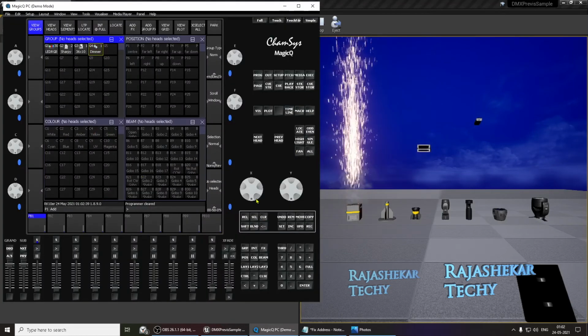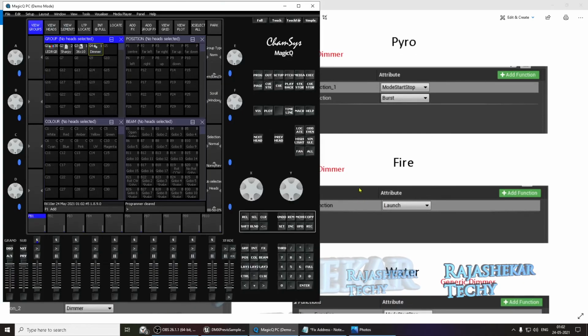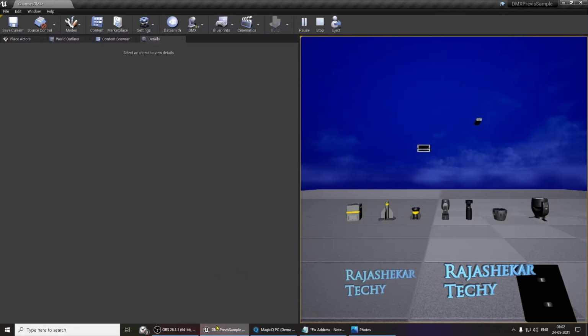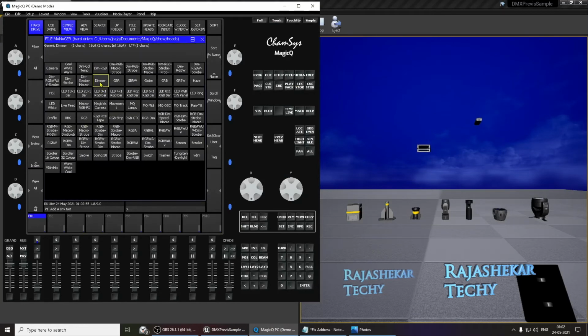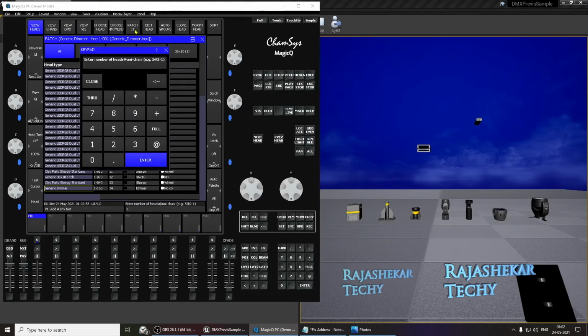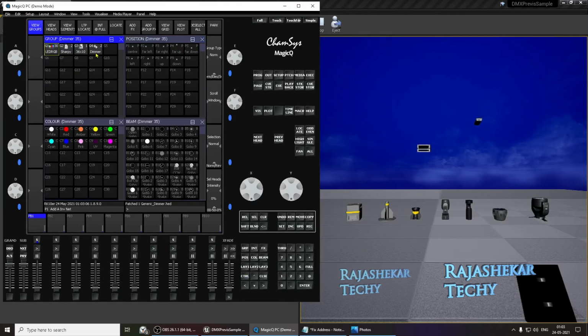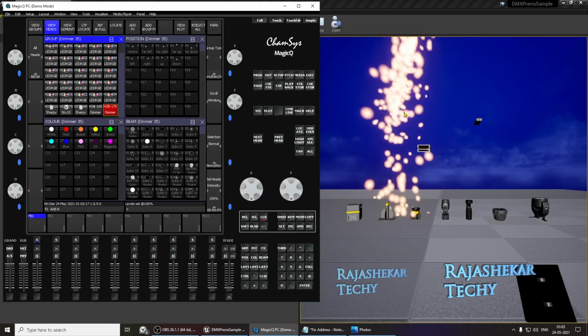Okay, now let's clear this out. And let's move on to the next one, which is fire. For fire also you can add generic dimmer. The fire's address position is 170. Let's go to chances, patch, choose head, generic, dimmer 1, patch it 1 at 170. That's your fire. Enter, and let's test it out. Now if you want to go to the specific dimmer, select the dimmer, view heads all the way down, the second one, and full. There you go, there's your fire.